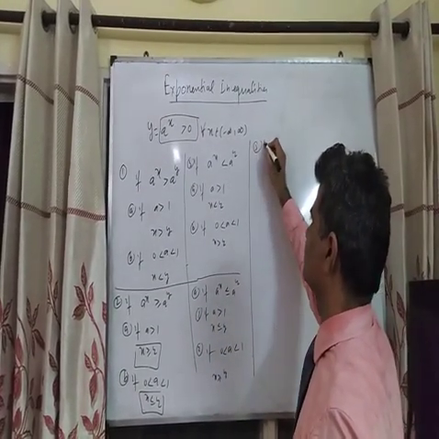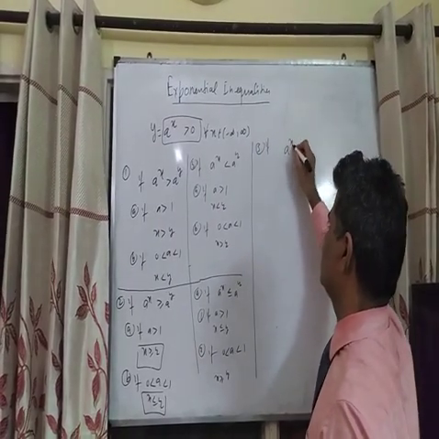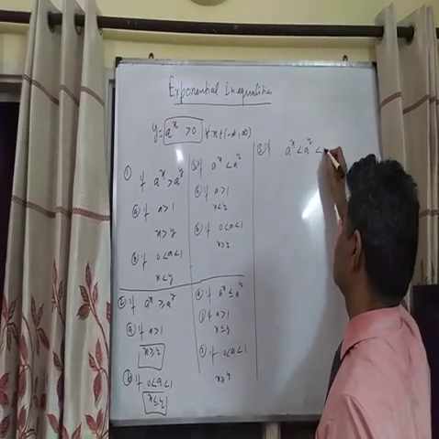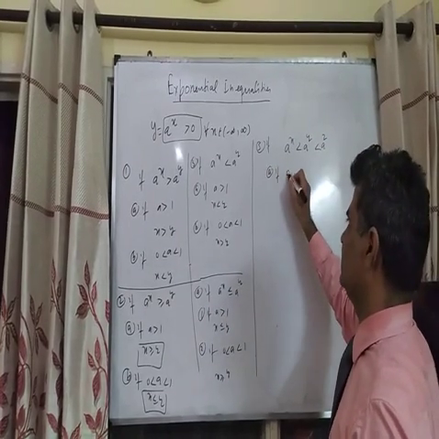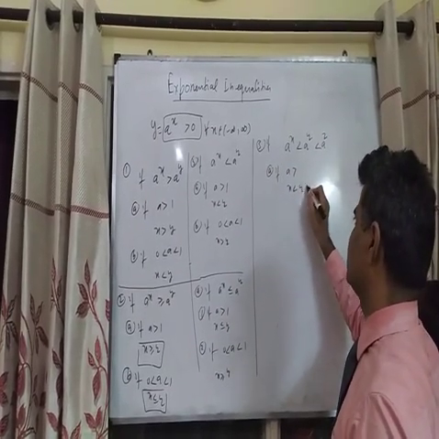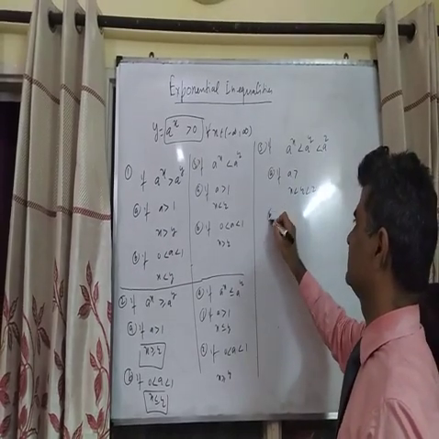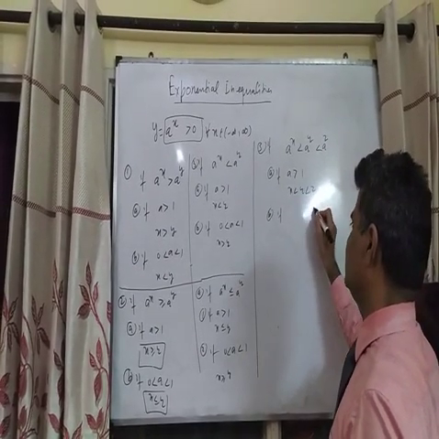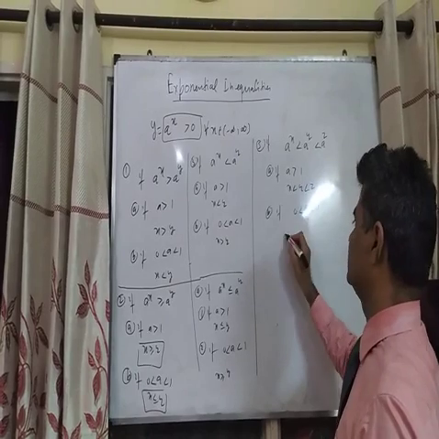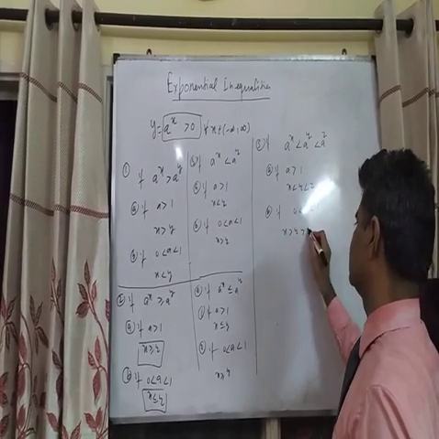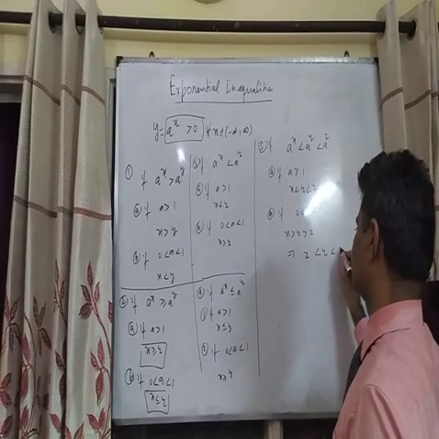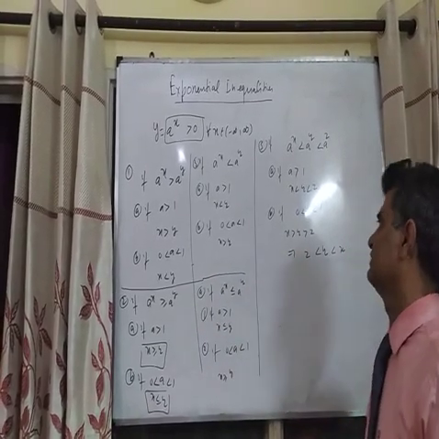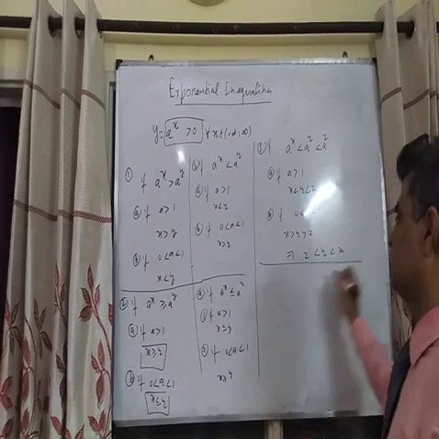Similarly, if a to the power x is less than a to the power y is less than a to the power z, first case, if a is greater than 1, then x is less than y less than z. If a is less than 1 and greater than 0, then the sign structure will change. It means y is greater than z and it is less than x. So this you have to understand properly.